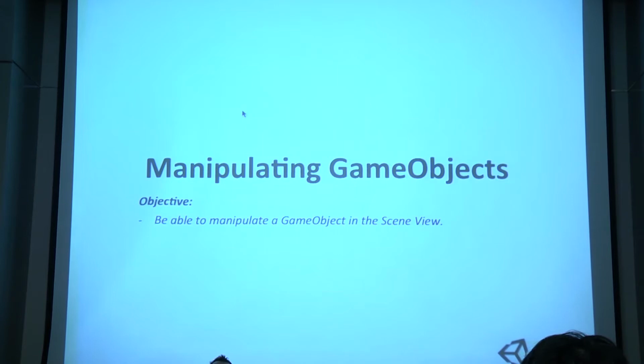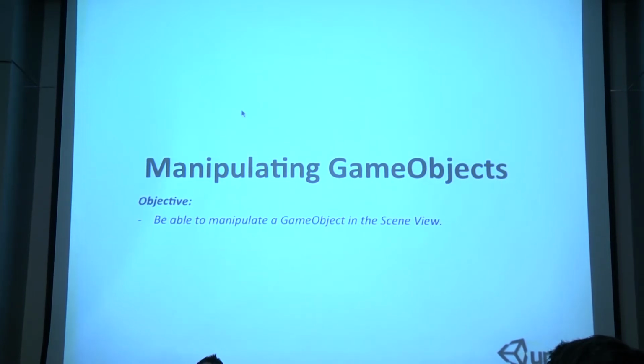So we've seen how we can look around the scene, how we can get around. There are several ways, all designed based on how people want to get around the scene and look at objects. But how can we actually manipulate, change, and rotate game objects themselves, and add and remove components? Okay, so to do this one,